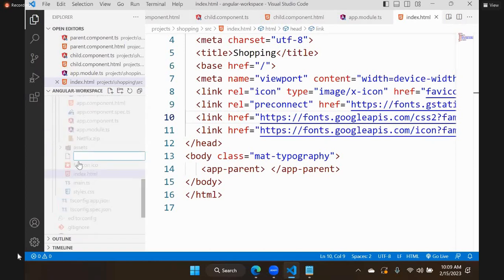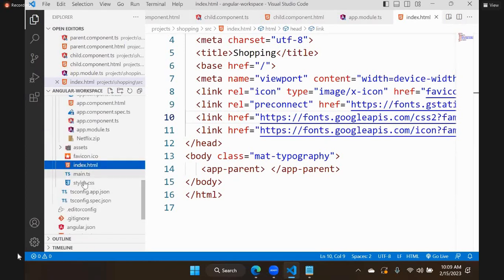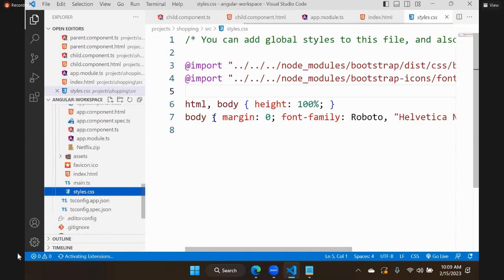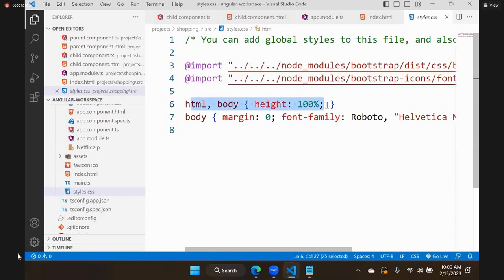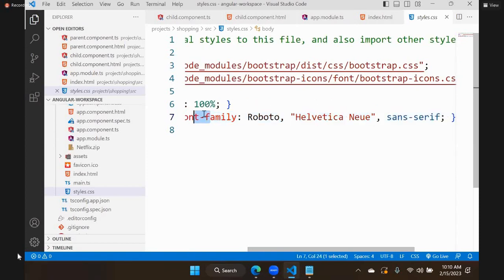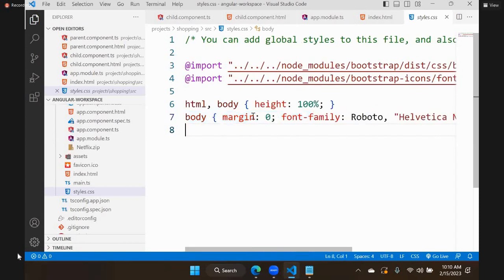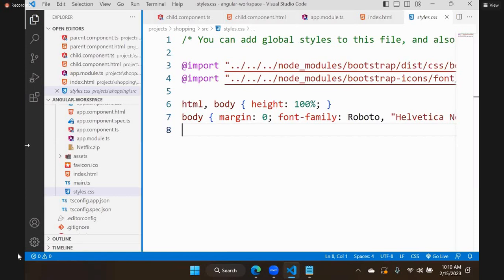styles.css. In styles.css, you can see some global styles are kept, like HTML body height 100%, body margin, font family. It updated some changes into this. These are all the options. Actually, technically this is